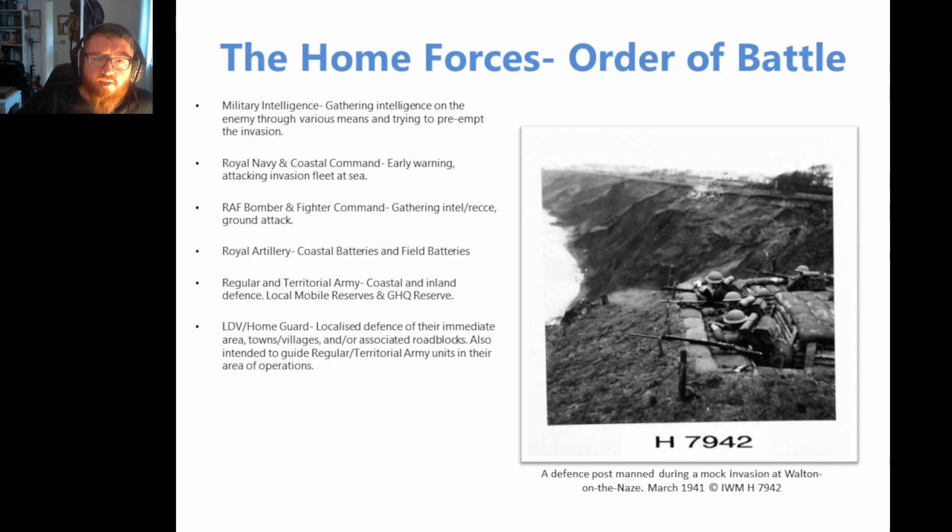But this is where seeing the Home Guard in context is key. So we see here that the Home Guard, again, as I've already said, were just one component of a much wider defensive landscape and defensive organisation. Especially in 1940 and 41, they were more aligned with intelligence gathering and keeping tabs on where the enemy were than they were